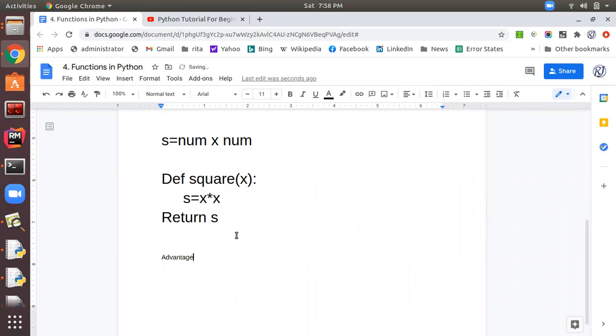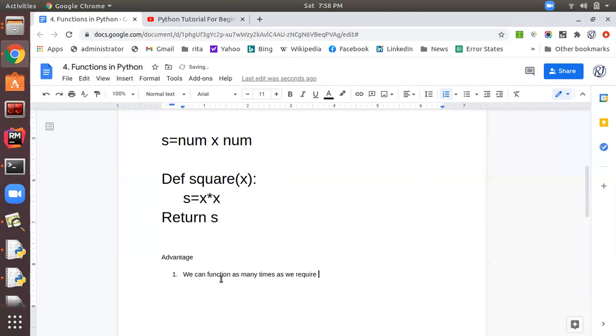As you have noticed, functions have a few advantages. Number one advantage: we can call a function as many times as we require without rewriting the code.